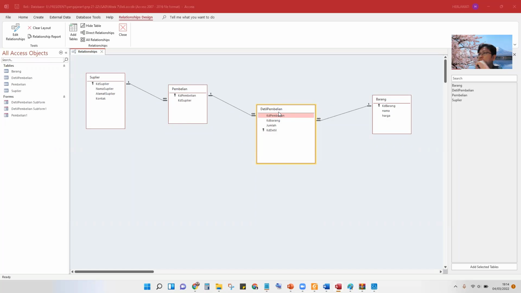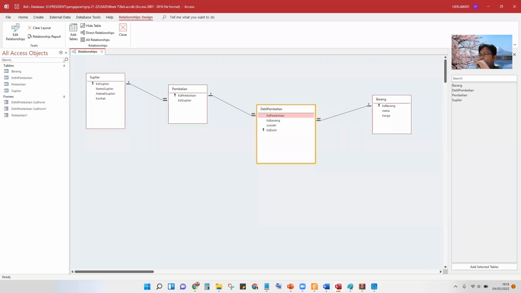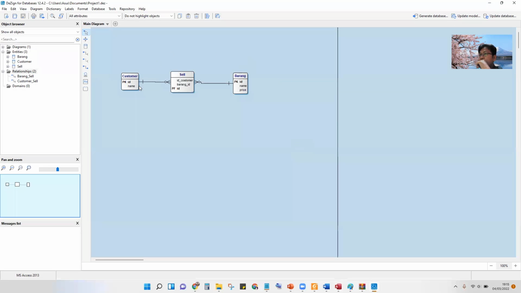But of course, this style can be implemented in an object-oriented database that has the capability to use multi-value. So in an object-oriented database, we can store an array of items like this. For example, in GoFood, they buy martabak, sate padang, and some drinks.